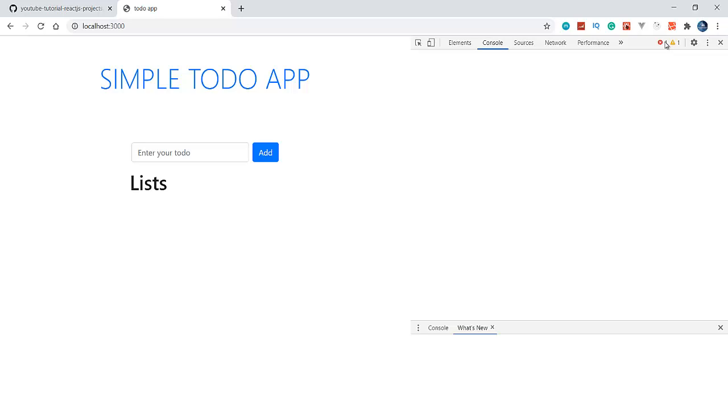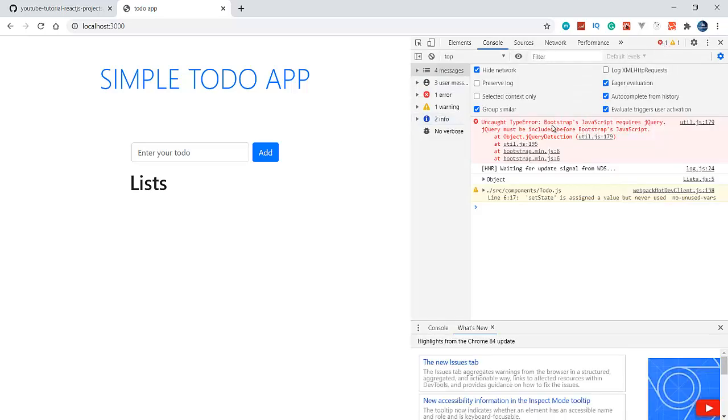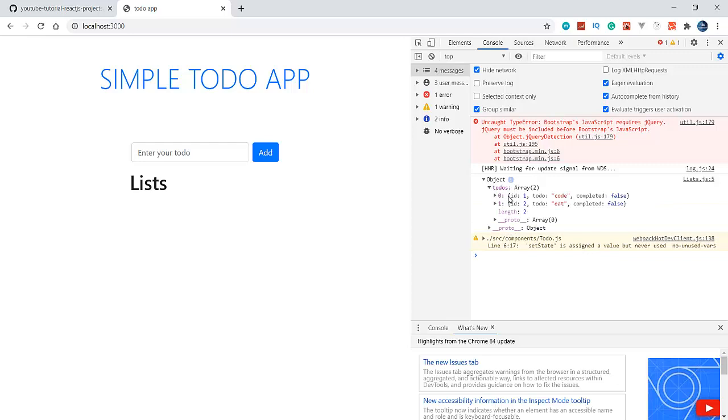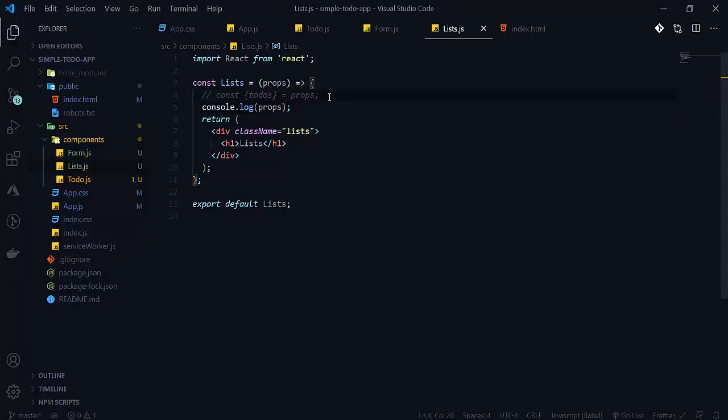So I think there is one warning also. Bootstrap JavaScript. So this is minor. Because I did not add jQuery here, it is giving us this error. This is just a type error because Bootstrap JavaScript cannot run without jQuery. So please ignore this, because we are not dealing with Bootstrap here, we are just dealing with our logic here. So see that we are getting one object here. In the object there are our todos here, only todos are there. So this is an object. So we are extracting this from an object here.